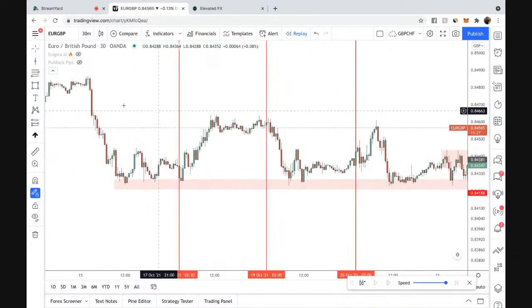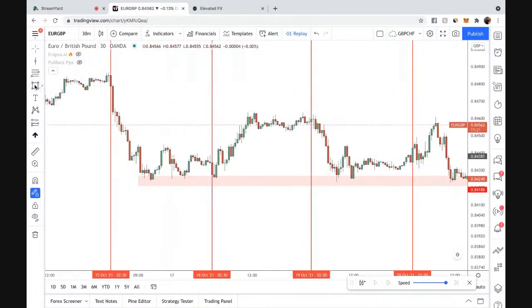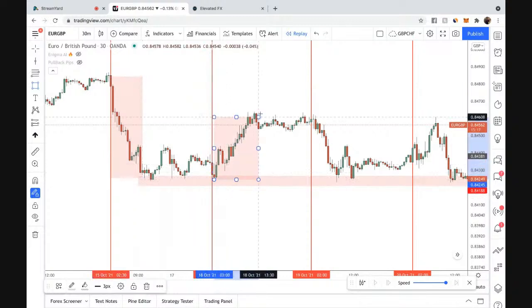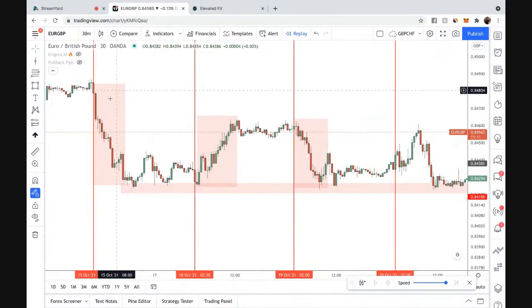If you know what time the markets are moving, especially the right pairs, I already gave you those gems, and you're coming in at the right time, guess what? You're coming in when the market's trending. This is not taking you years. This is not taking you weeks. This is intraday session trading. One session, boom. Another session, boom.